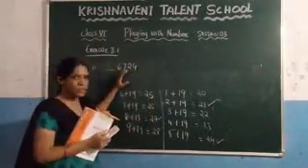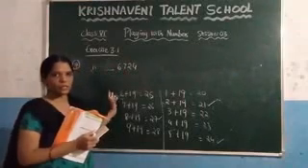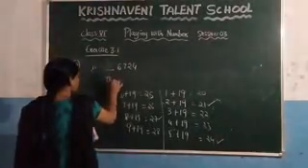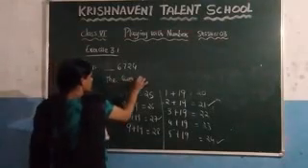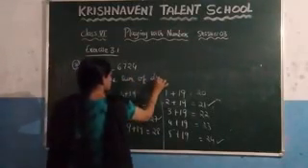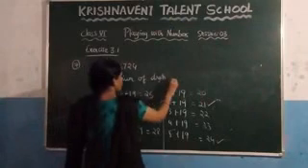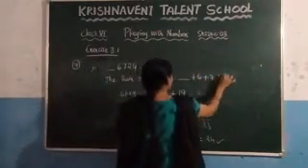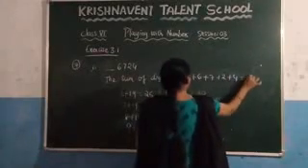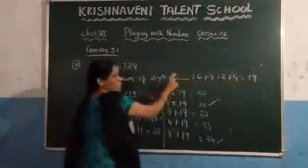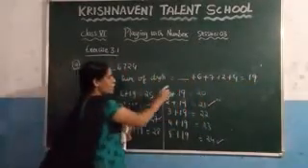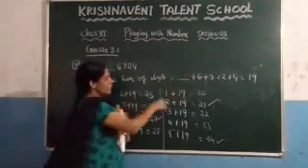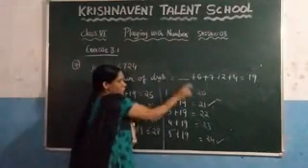So, if the number is divisible by 3, what will be the condition? You need to take the sum of the digits. After taking the sum of the digits, what we got here? We don't know this value. 6 plus 7 plus 2 plus 4, which is 19. Here you need to fill this blank such that after adding all these values, you get a number divisible by 3. So here if you keep 1, you are getting 20.